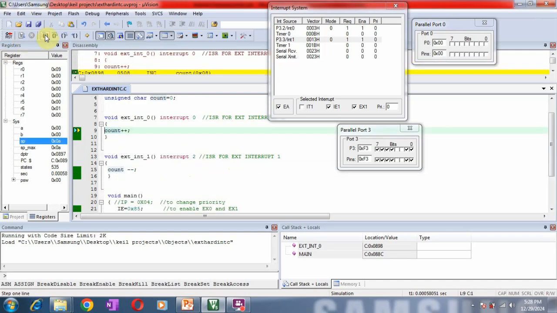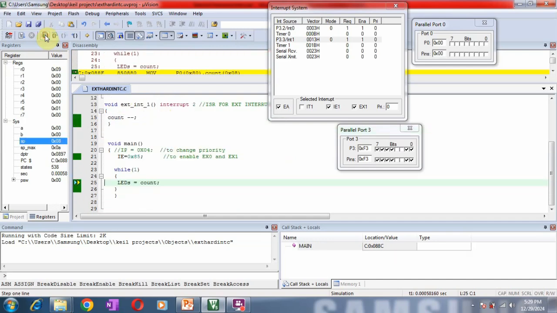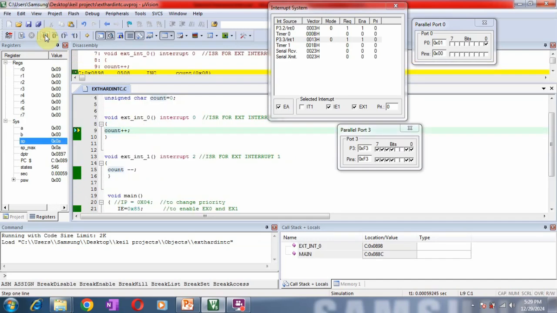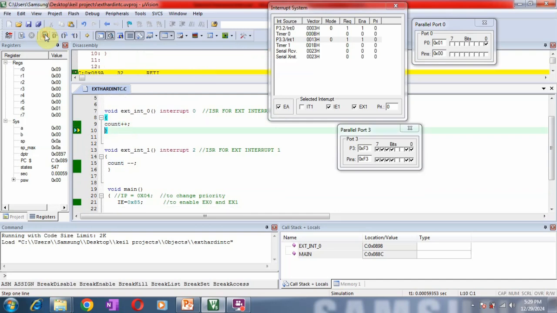Now both these are activated. Now you can see the control is passed to the interrupt 0. That means the high priority interrupt is INT0. In INT0 and INT1, if you compare this, then high priority is given to the INT0 by default. Okay, we have not set any priority. So now again it will increment the count value, it will come outside, it will display it on port, again it will go there, again it will increment the count.